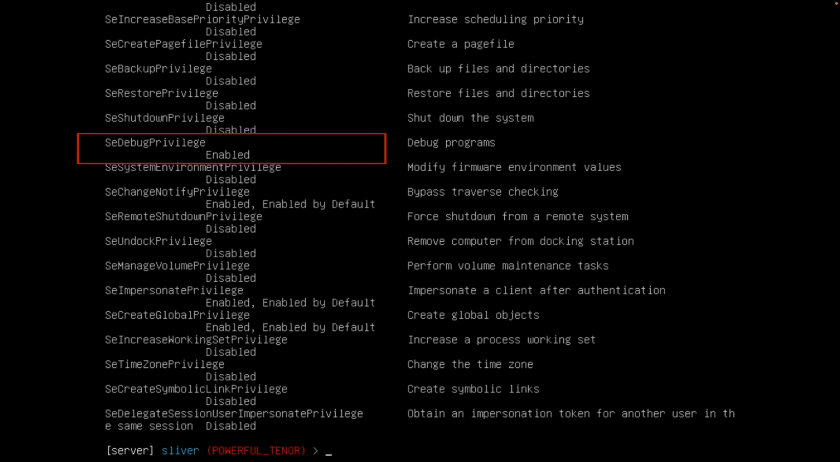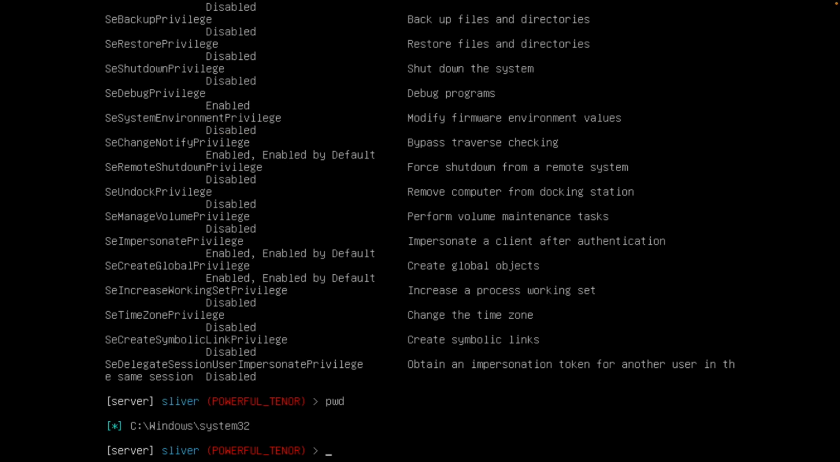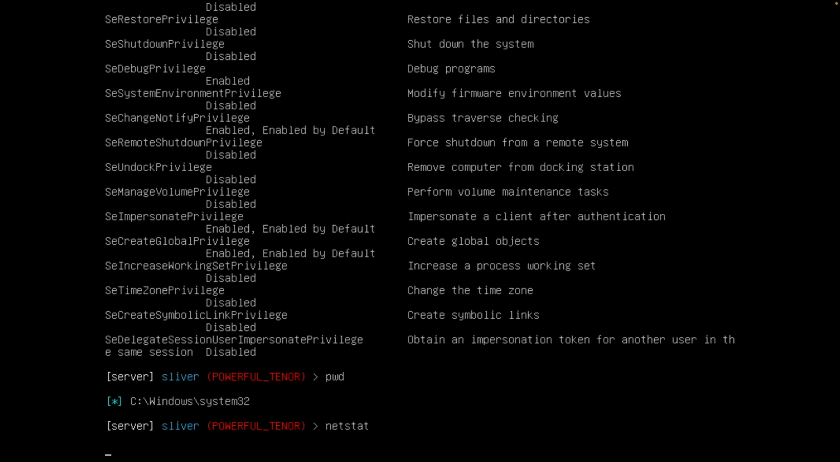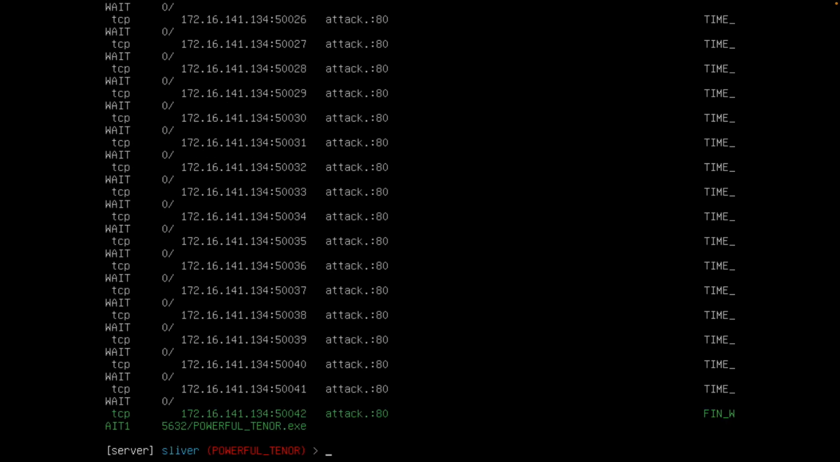We'll identify our implant's working directory by entering pwd. Examine network connections occurring on the remote system by entering in netstat. Notice that Sliver cleverly highlights its own processes in green. We'll identify running processes on the remote system by entering in